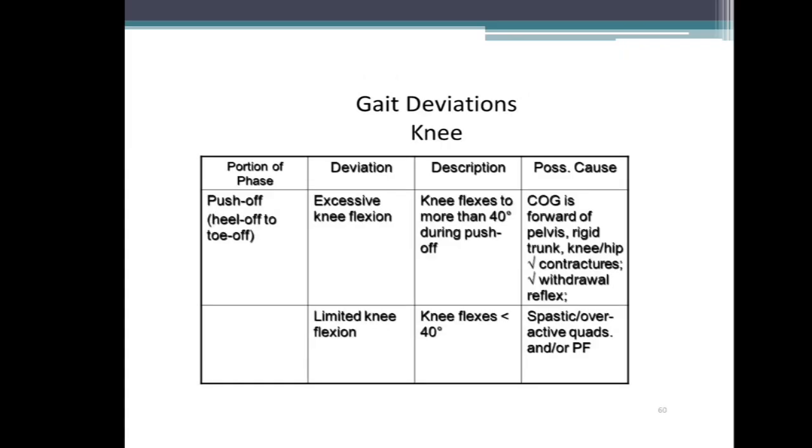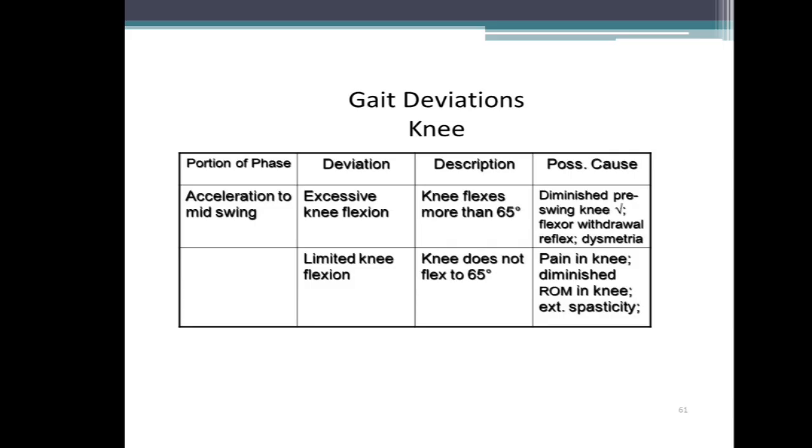In the push-off phase, there could be excessive knee flexion where the center of gravity is forward, or we can say in front of pelvis. There could also be limited knee flexion which could be due to spastic or overactive quads or plantar flexors. In the acceleration to mid-swing, there could be excessive knee flexion which could be due to diminished pre-swing knee flexor withdrawal reflex, or limited knee flexion in which there is pain in knee, diminished range of motion in knee or